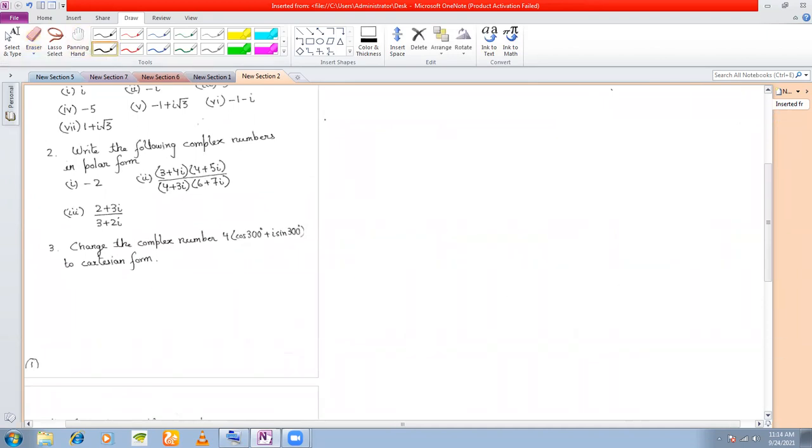To part 3. Here also you need to find out the polar representation of the complex number. So let z is equal to (2 plus 3i) divided by (3 plus 2i). Again, first of all, it will be easier for this complex number if you simplify it and write it in the form a plus ib first. Then we can find out the modulus and argument both.